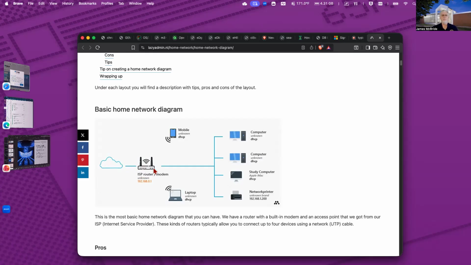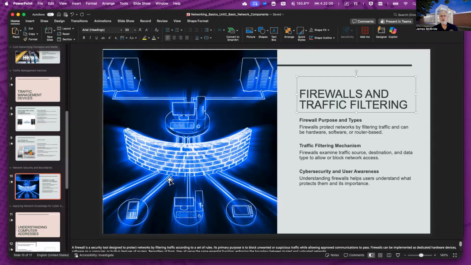So sometimes those are split. So you've got some wireless happening here and you've got some wired happening here. They're wired into this, and this is also the firewall. So your little home router is a firewall as well. All right, so let's take a look at